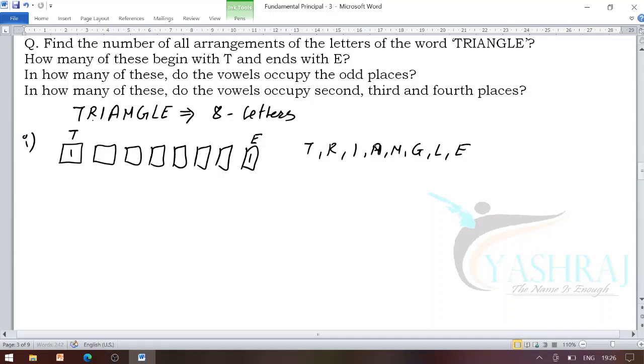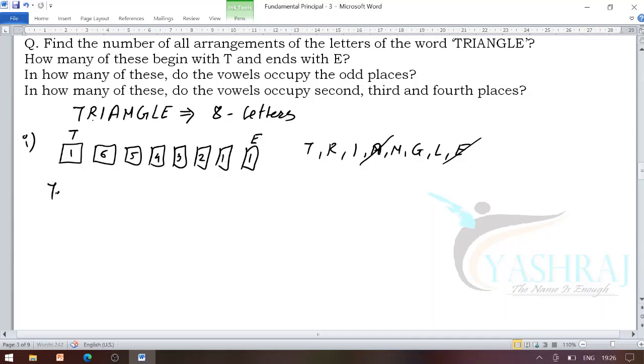Among them we filled up A and E, so cross out A and E. Now we have the 6 letters, G, R, T, I, A, N, L only, and we have 6 different boxes. To fill up the second box, we have 6 ways. That means any one letter among the remaining 6 letters, not an E. So we have 6 ways to fill up the second box. Following which, to fill up the third box, we have 5, 4, 3, 2 and 1 ways.